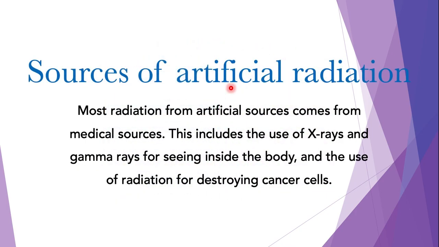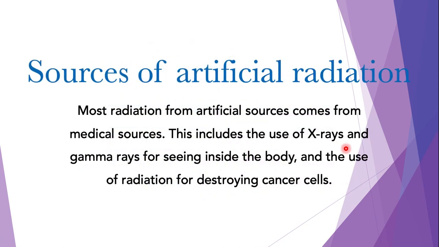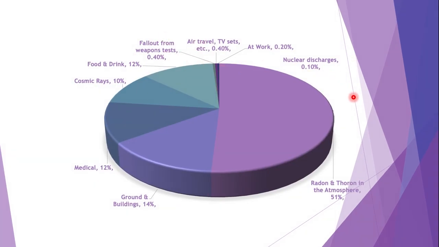Most radiation from artificial sources comes from medical sources. This includes the use of X-rays and gamma rays for seeing inside the body, and the use of radiation for destroying cancer cells. Medical, as we see here, makes up 12% of the radiation we receive, the background radiation. So they do help us in ways, but they are also sources of radioactive materials. They are still harmful. The weapon testing and nuclear discharging make up only 0.10 and 0.40%, which is really